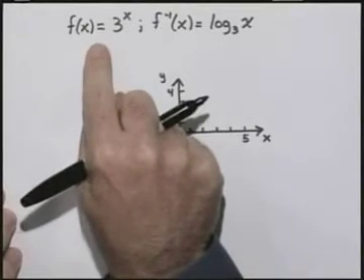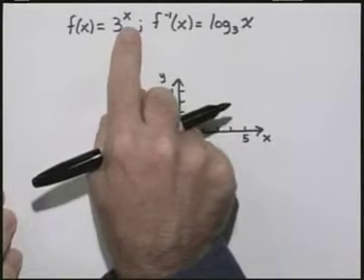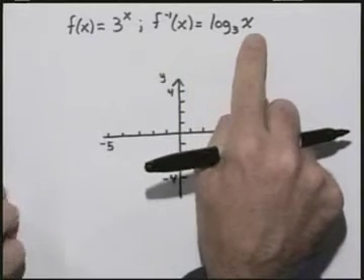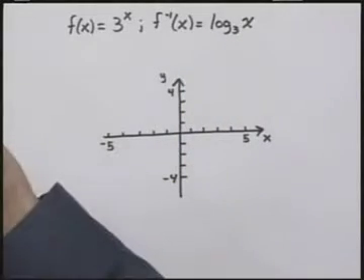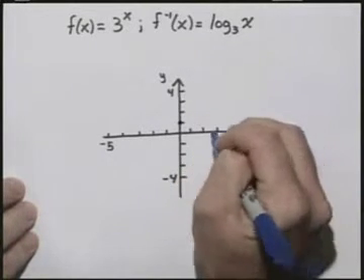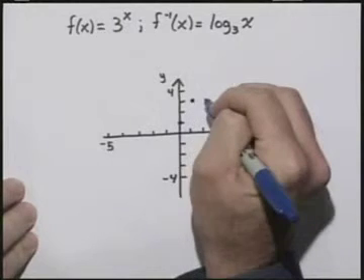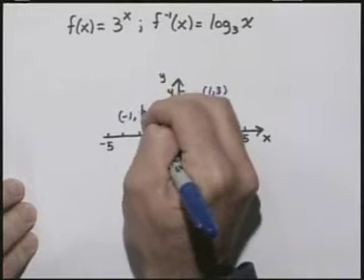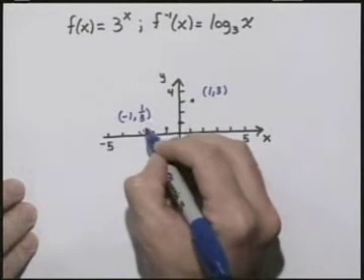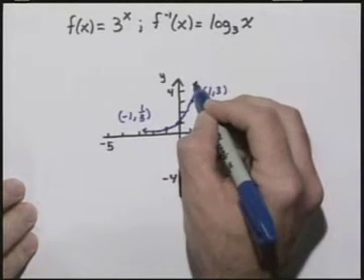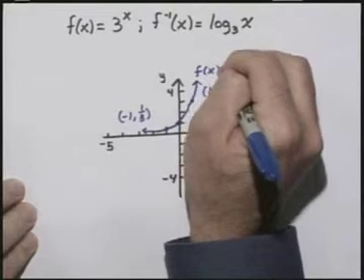logarithmic function. So the two functions that we're dealing with here are f of x equals 3 to the x power, and its inverse, f inverse of x equals log base 3 of x. We know what the graph of f of x equals 3 to the x power is. It has a point that's (0, 1). When x is 1, y is 3. When x is negative 1, y is 1/3. We can go ahead and trace in this curve,